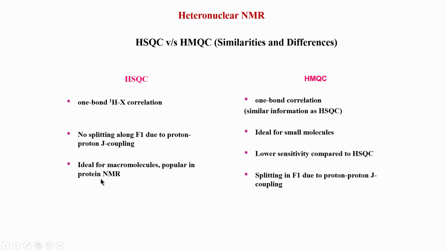Now, the third one, the advantage as I said, is that HMQC is ideal for macromolecules and is very popularly used in protein NMR. It has a lower sensitivity compared to HSQC, the reason being, one, the degradation because of this coupling, and the second thing which I mentioned in the last class, T2 relaxation. HMQC stands for heteronuclear multiple quantum coherence, and we have sensitivity loss because of T2 relaxation from the protons. So, it is ideal for small molecules. It is also okay for proteins; it is not that it cannot be used.